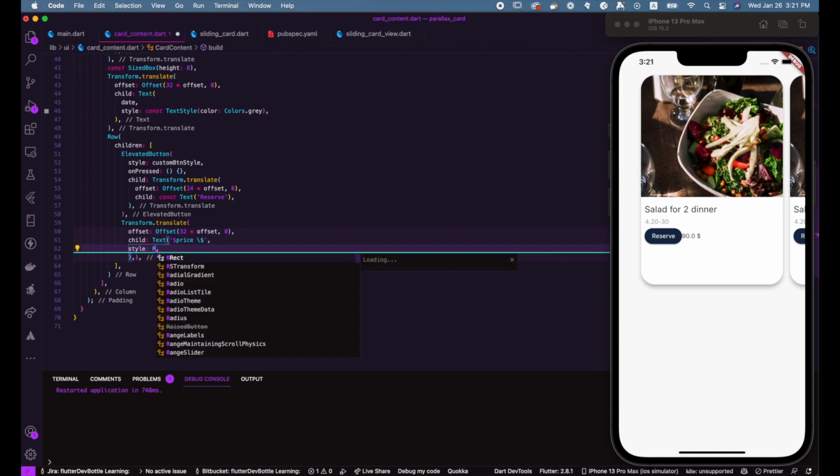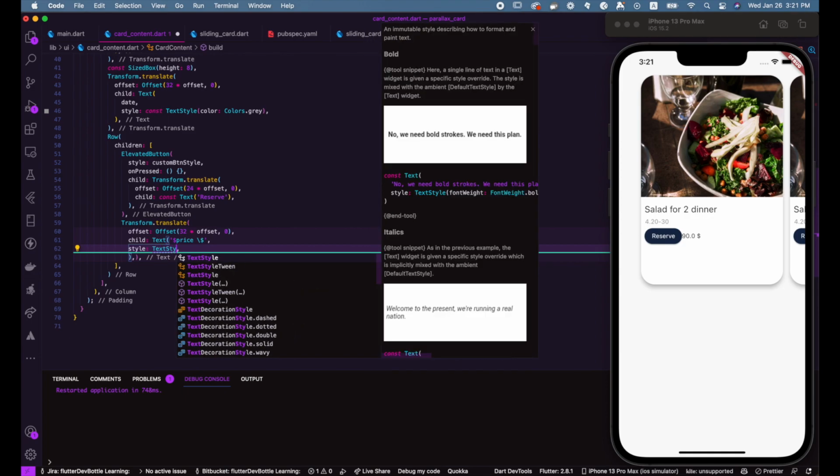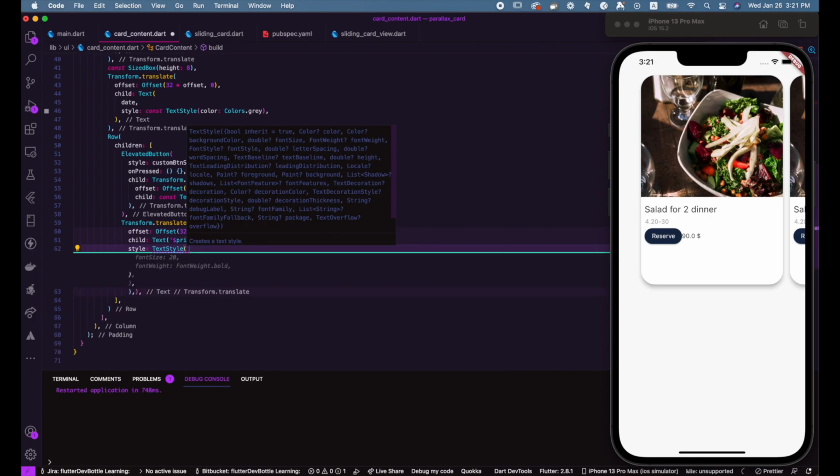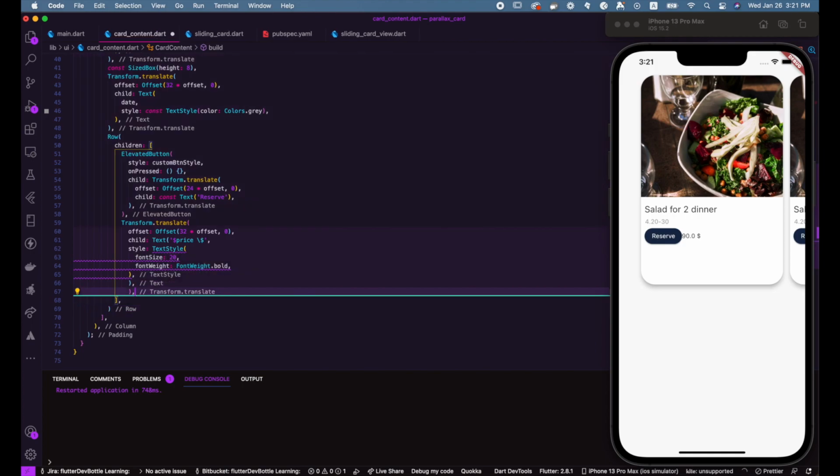And we're adding a text style with a font size of 20 and a font weight bold, and above the transform.translate,